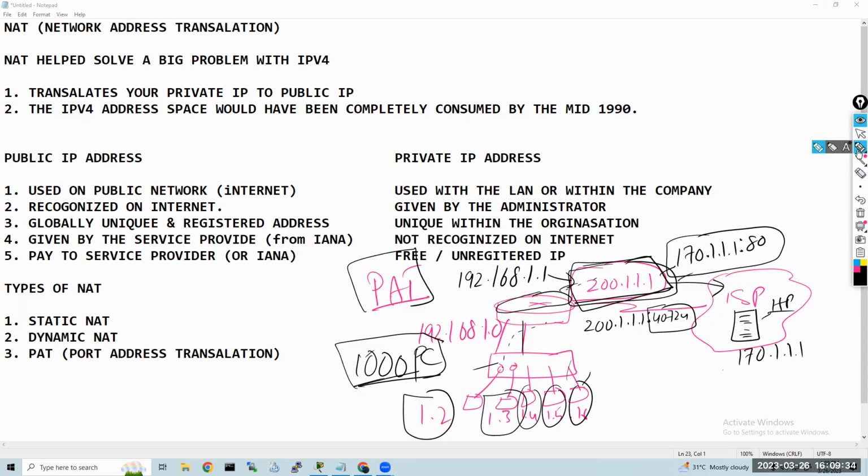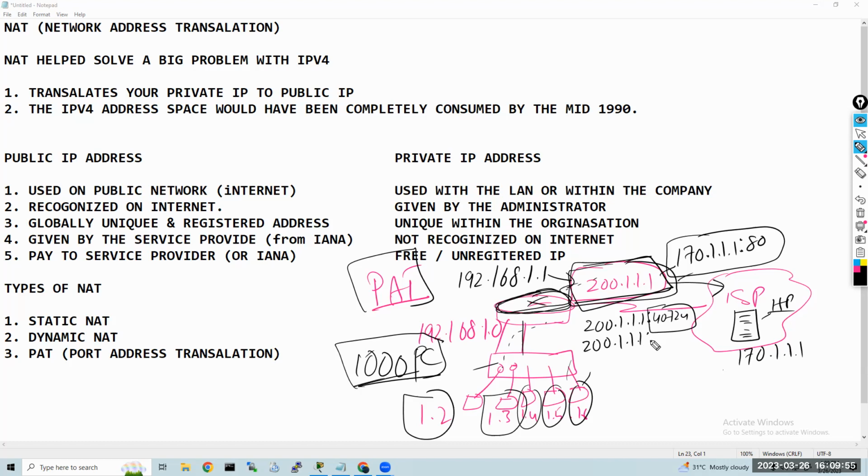So where would the port number be changing from the devices we are using? Yes, that is the job of the router. The router will do that job. So the router will be the one assigning the port numbers. Yes, it will assign the IP address and the port number. The IP address is the same,